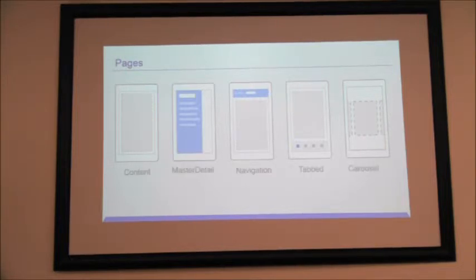So what you get at the top is the content page, which is the one that contains all your content. And then you get master detail page, navigation. So if you want to have the back button that you get on your nice Android apps, then you can get that as part of the built-in controls. You get tab and carousel. Now you might ask, there's not really a tab solution in Windows Phone. So how does that translate? The idea is that Xamarin Forms translate to the underlying